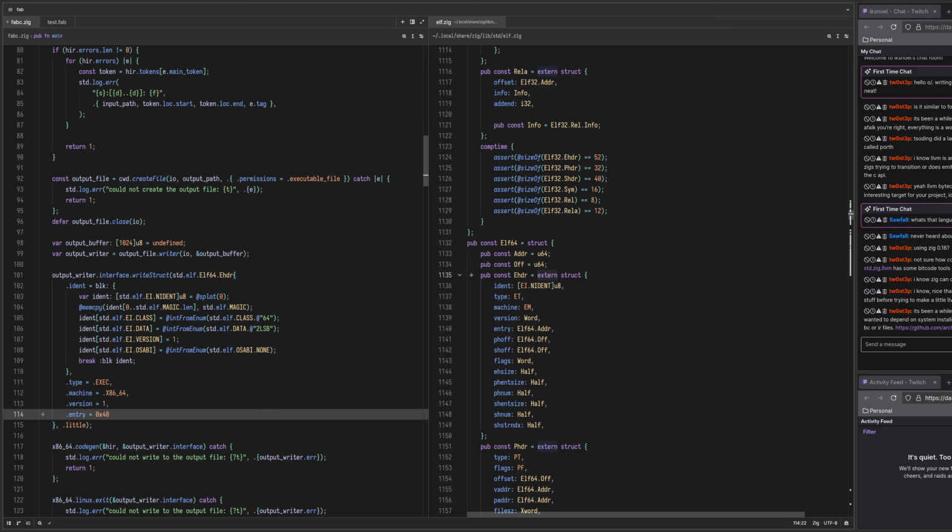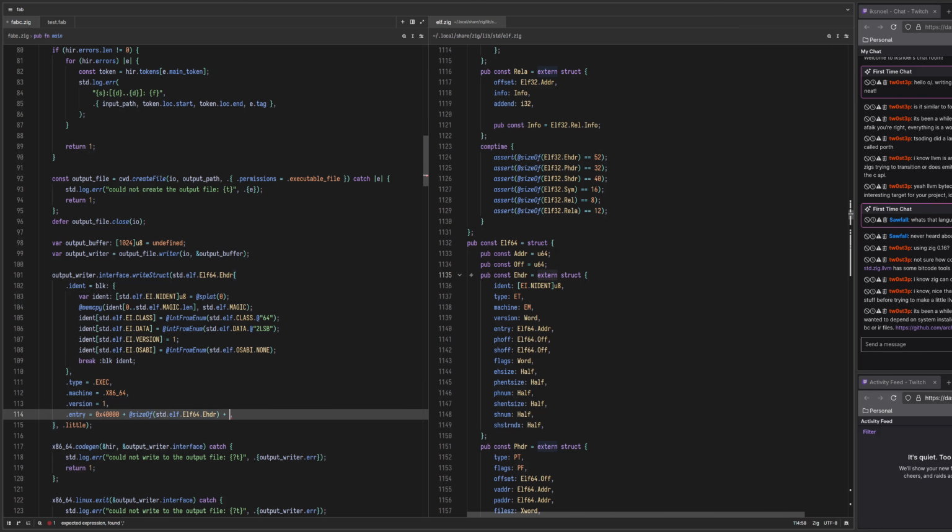So we'll say, I think it's 0x40000 is the common one that you see for the GNU stuff. So I'll say 0x40000 plus the size of the ELF64 header, and